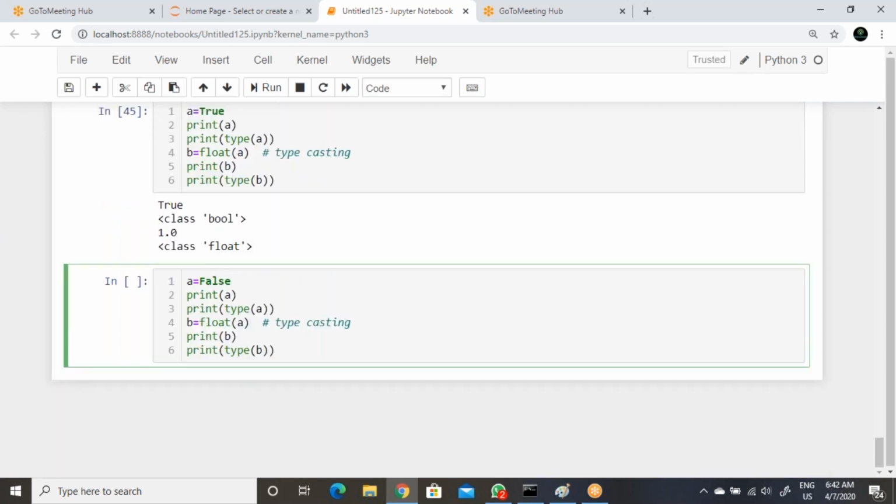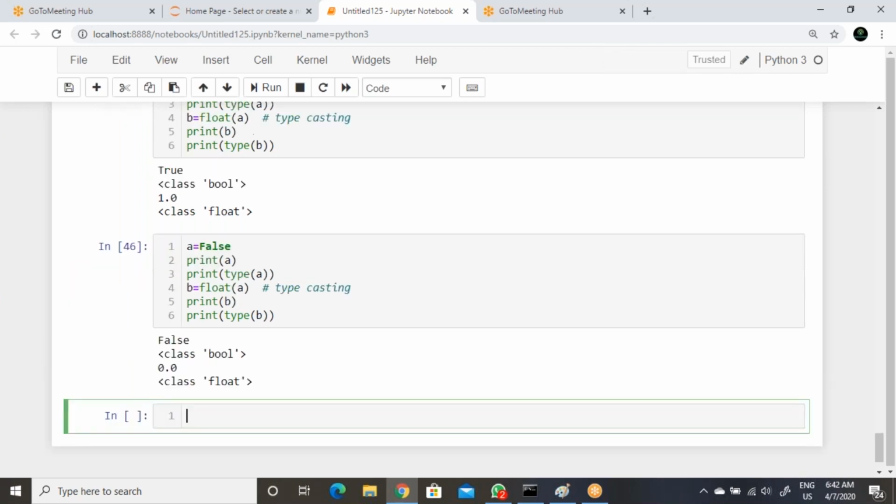Execute 0.0. Now take the same approach: int of float, sorry, float of 3 plus 7j. It is converting from complex to integer or float.